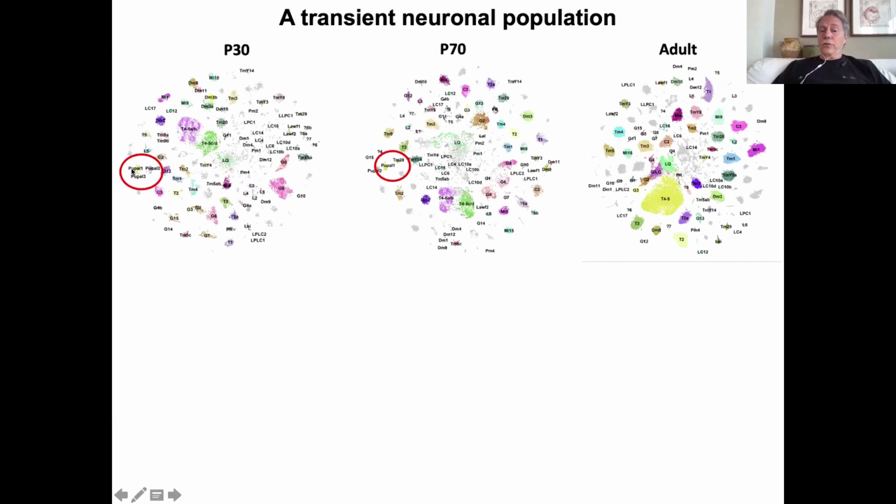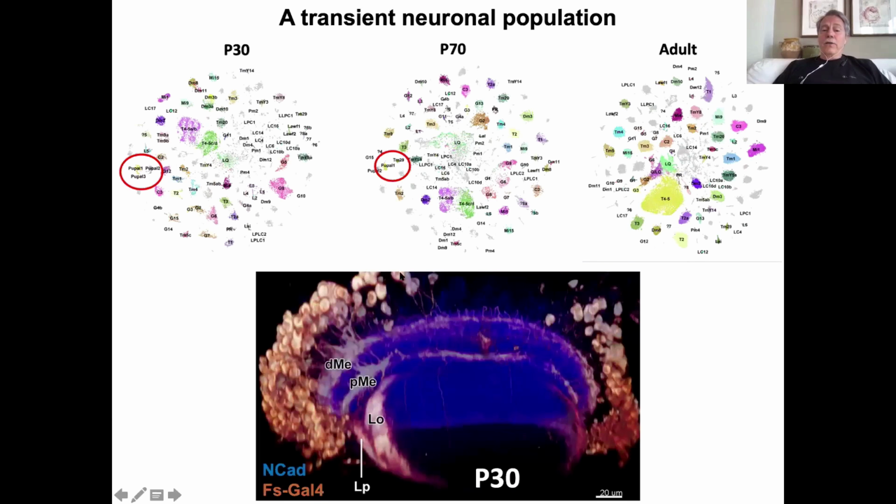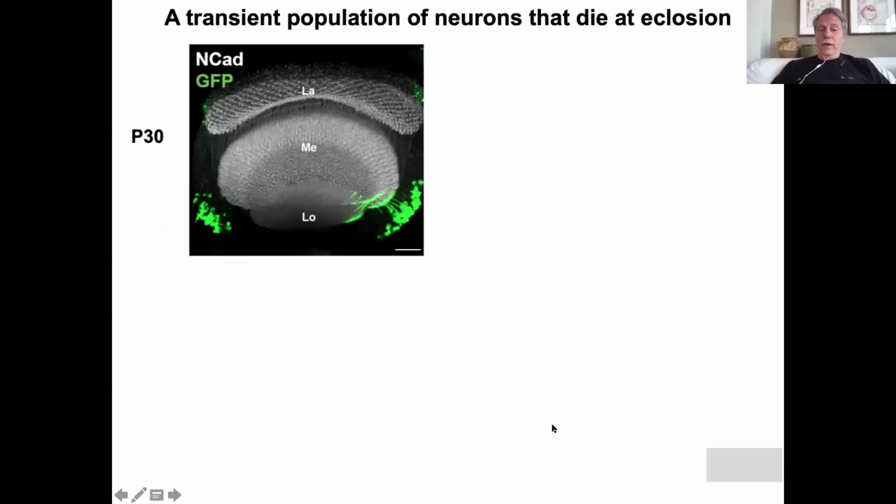There are 2 clusters of neurons. And those neurons are of interest because they disappear in the adult. We cannot find a match. And it's not that it's a mistake or a problem in the software. No, in fact, these neurons are a very large family of neurons which are surrounding the dorsal or the ventral part of the optic lobe. They never enter, they just flank the optic lobe, and they are present during development, but then they disappear in adulthood.